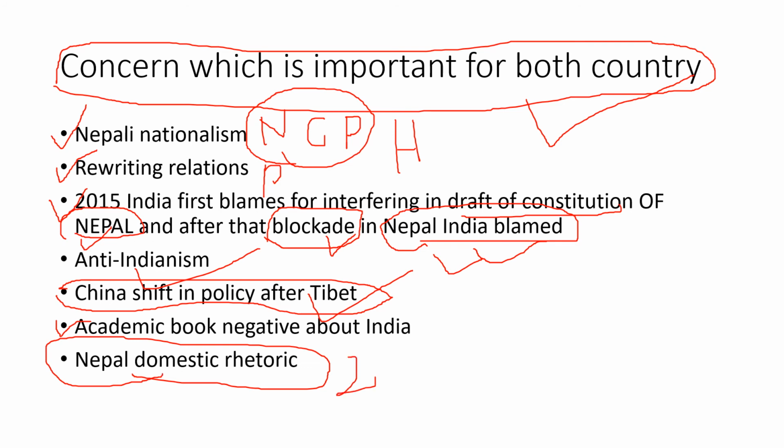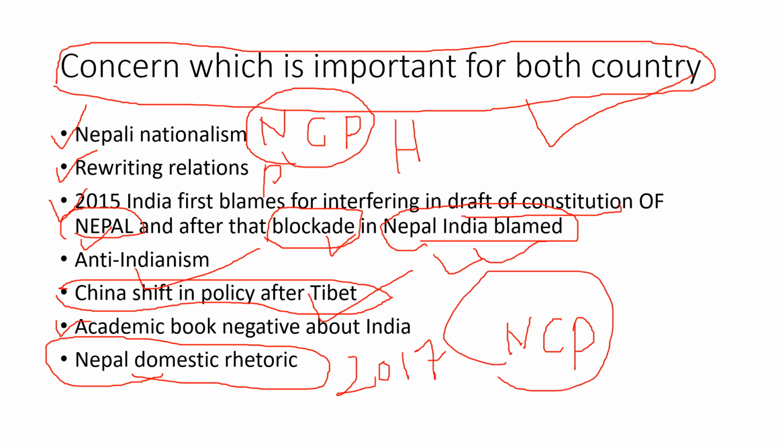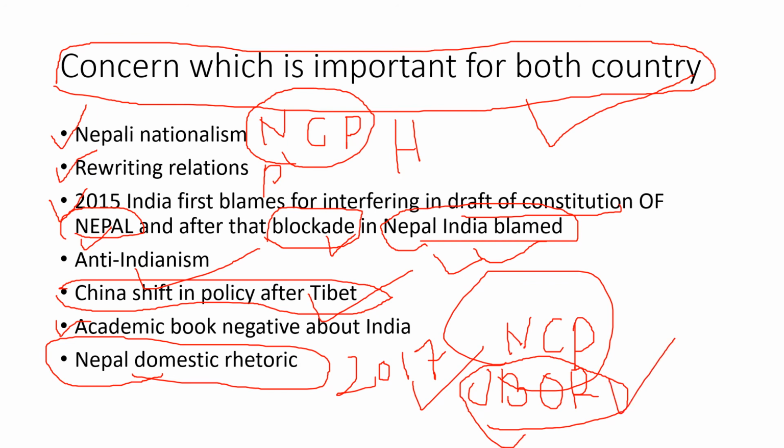In 2017, as we know, the National Communist Party, NCP, came to power, and they are now ruling with Prime Minister Oli. And what they did coming into power in 2017: first they signed the OBOR, One Belt, One Road policy of China, to connect the Himalaya to the China mainland so that they can easily do free trade. Actually, the concept is not bad for a landlocked country to have a second option for trade. But the idea of China and the way they have been propagating it, that's a bad thing, which should not be done.